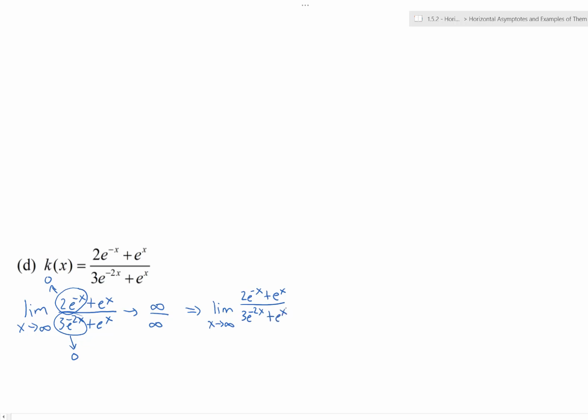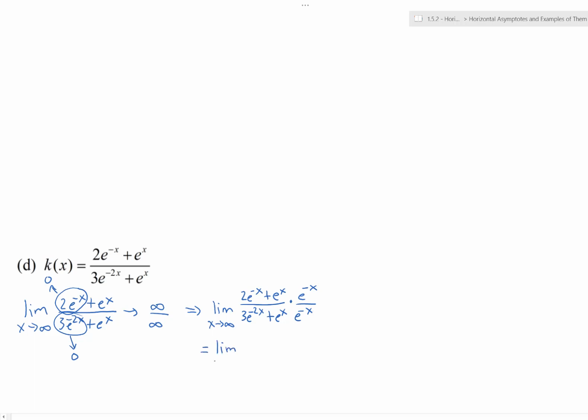So the reason why this function is approaching infinity over infinity, an indeterminate form in this case, is because of the e to the x terms on the numerator and denominator. So we think, could we get rid of those e to the x terms by multiplying this function by something that is, I guess, clever, if you will? And sure we can. To get rid of those e to the x's, we can multiply by e to the negative x on both the numerator and denominator, noting that e to the negative x is never 0, so we don't have to worry about anything there, even though x is going to positive infinity. When I do this,